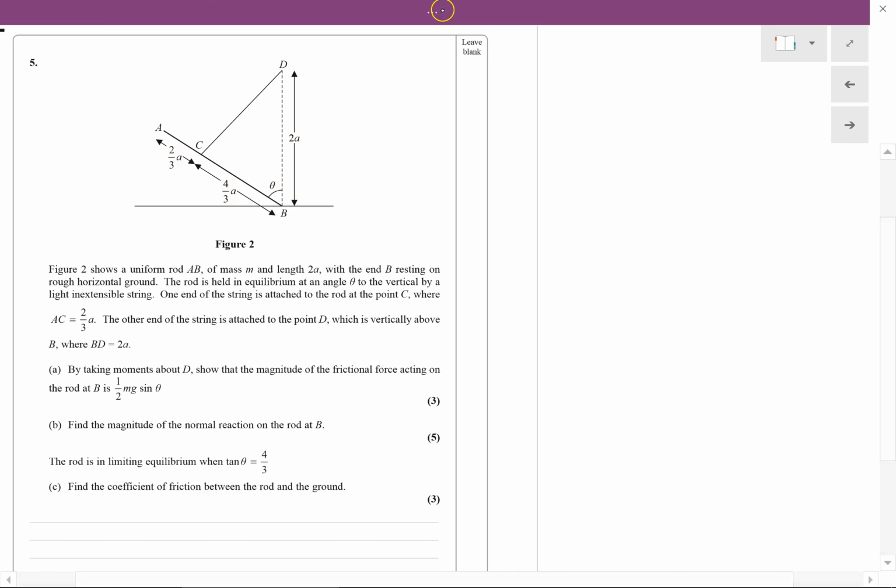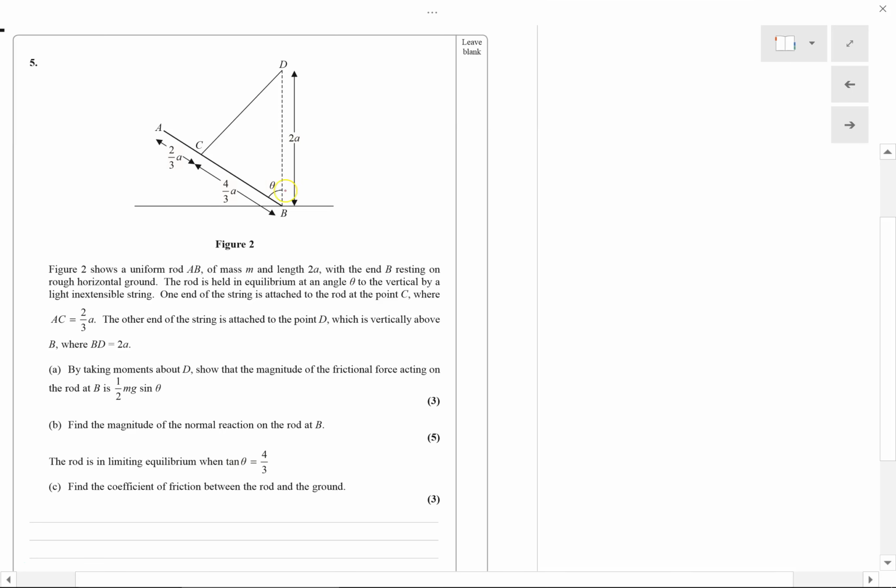It's not difficult in terms of the forces. There's not that many forces involved. There's a reaction force and there's a friction force because it says the ground is rough. It also says that it's uniform, so we've got a weight halfway along there, and we've got a tension along the rod here. Okay,